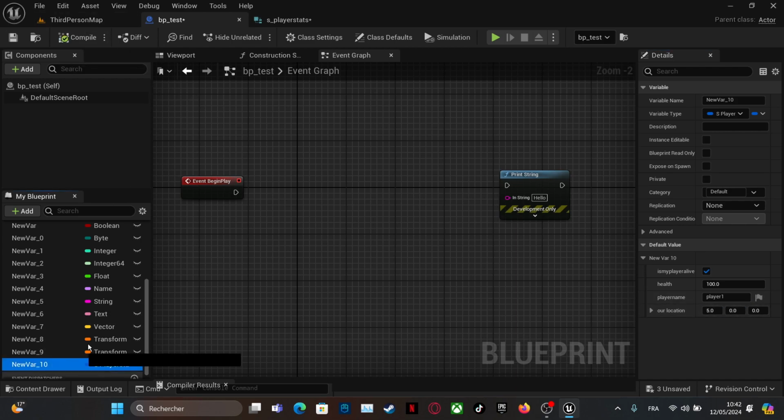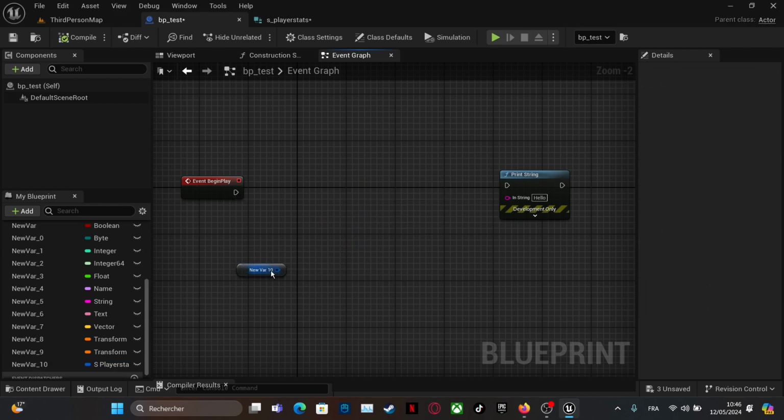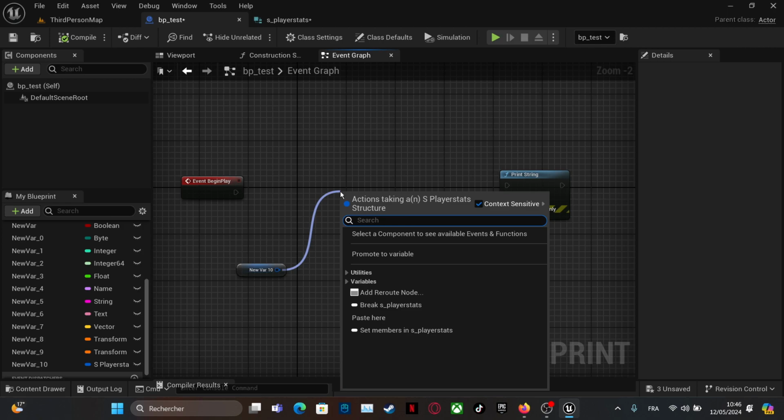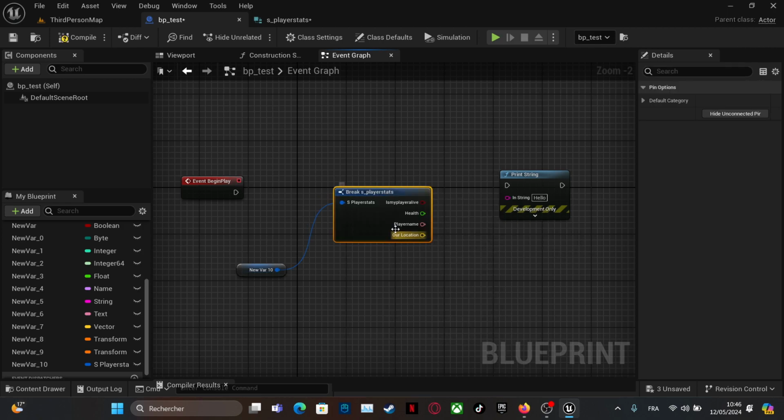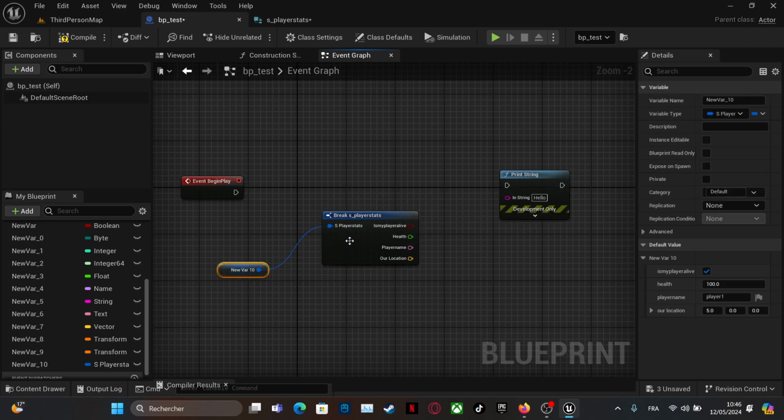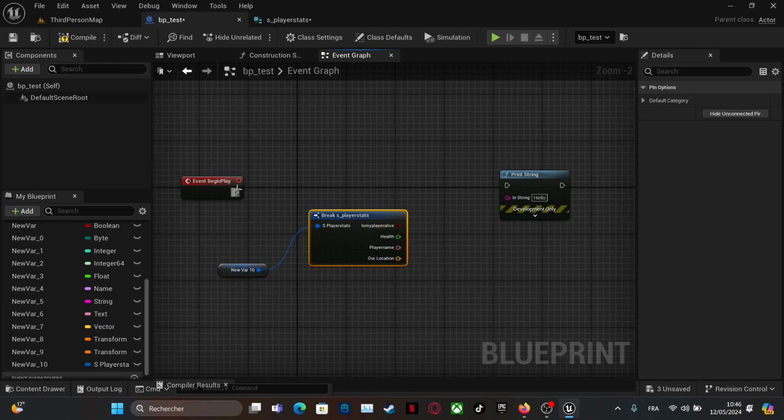If you can see here, we can get this here, get the struct. So we break our struct here. We do a function called break player state. We can show what we want to show here.